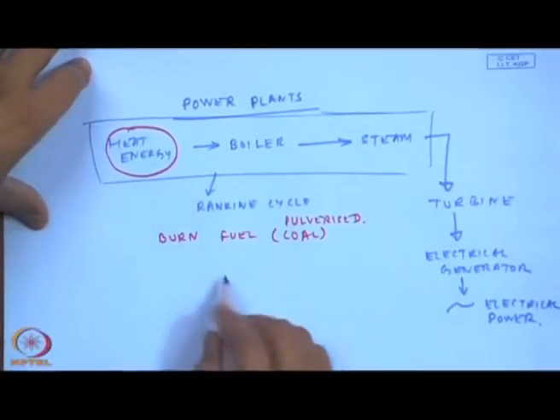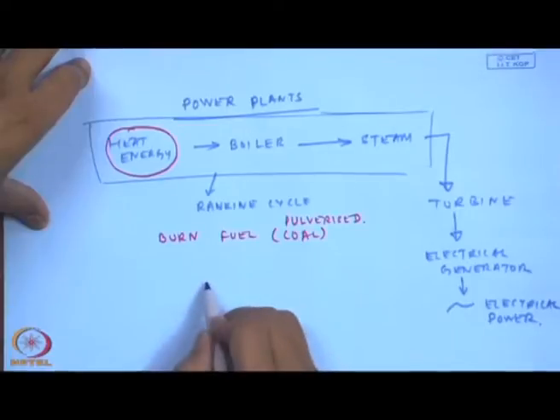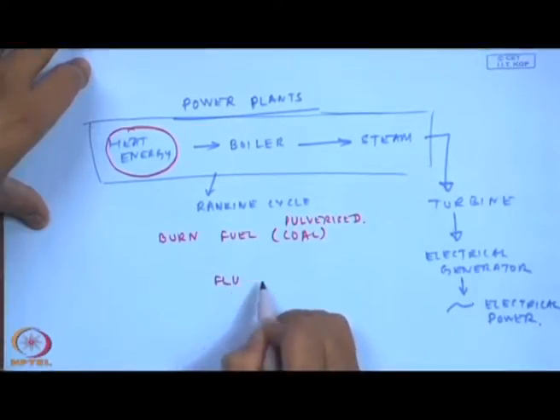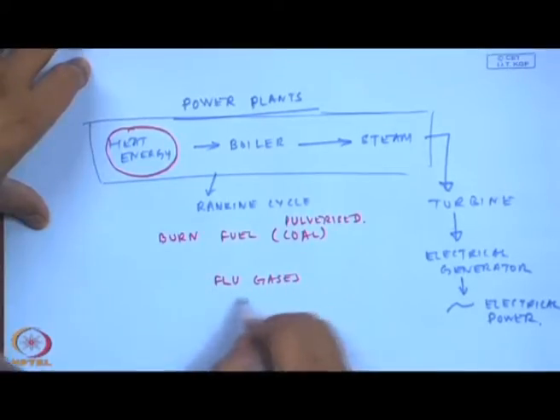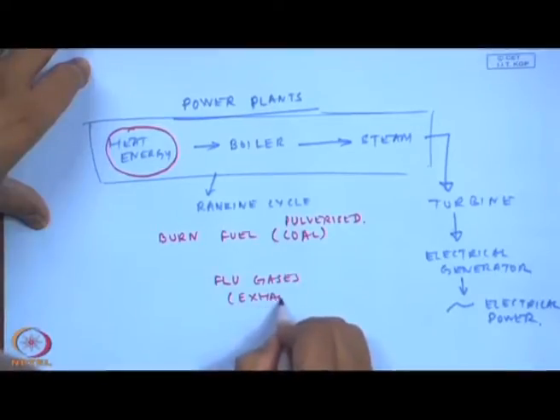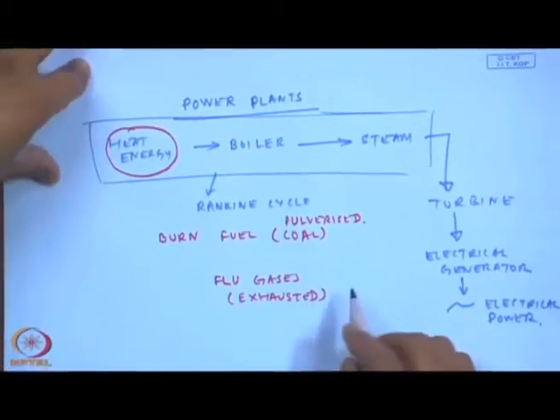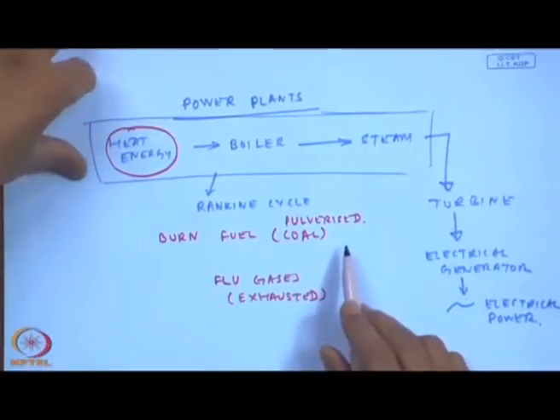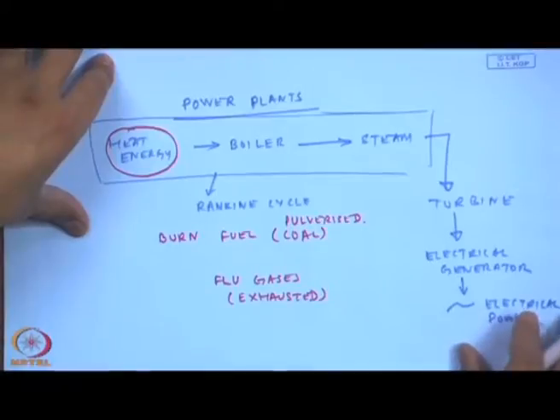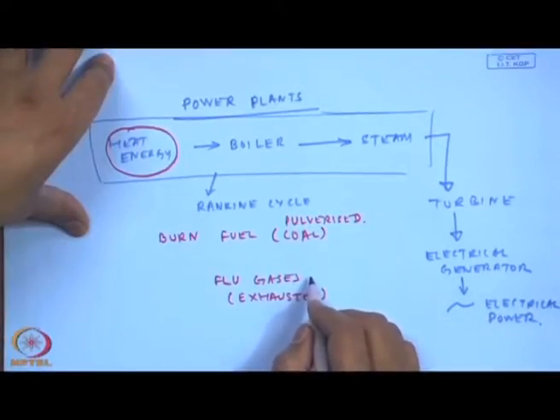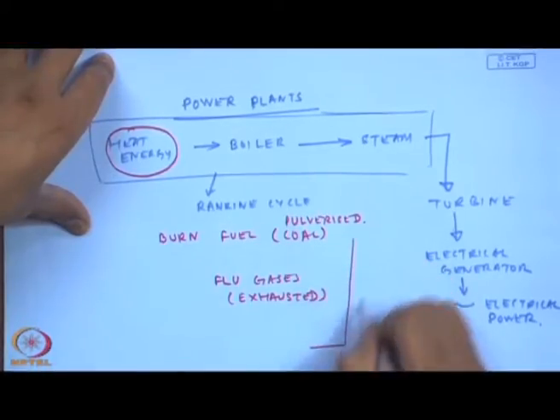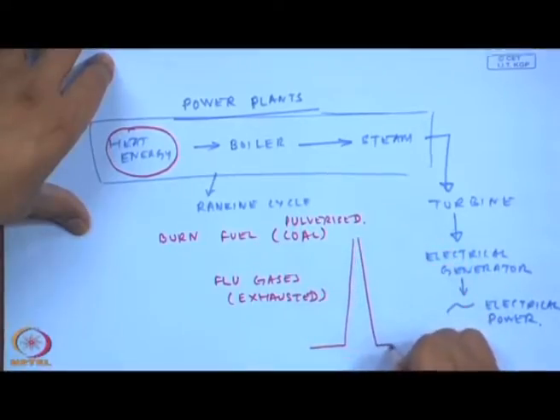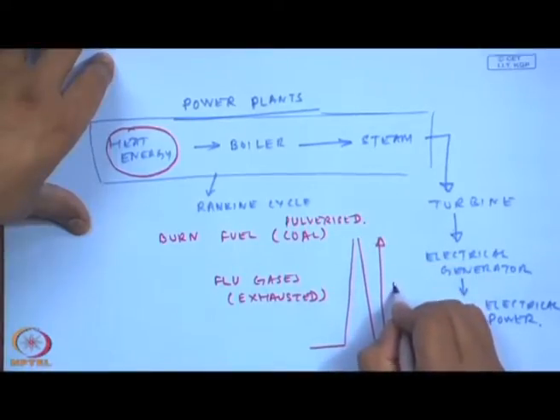But what happens because of this burning of the coal, a lot of flue gases evolve, and they have to be expelled or exhausted, and they may be containing certain poisonous gases. And they may be containing a lot of particles. So, they are actually made to go out of a very high chimney, height,